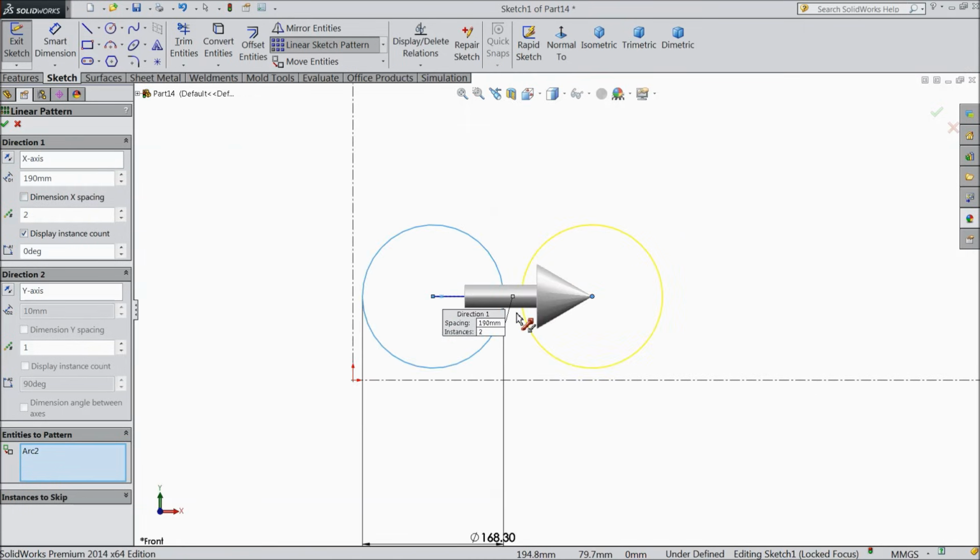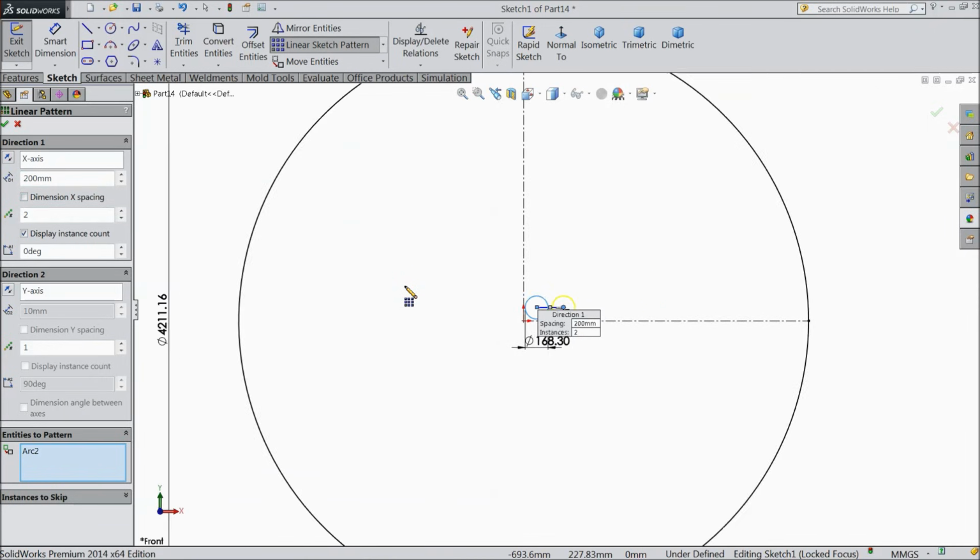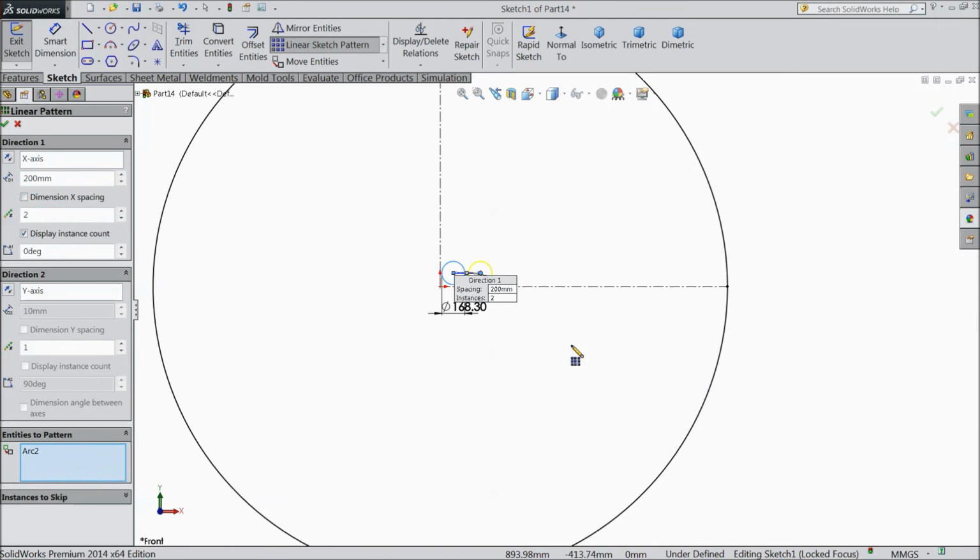Keep distance 190 or a little more, 200. We will make a little more gap, 240 mm, and increase the number of holes.